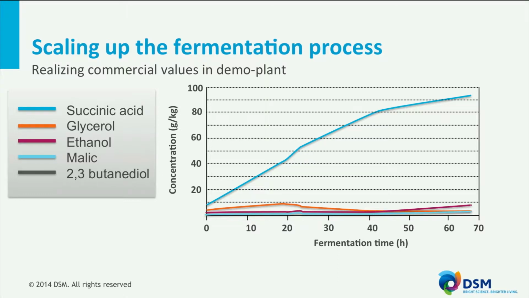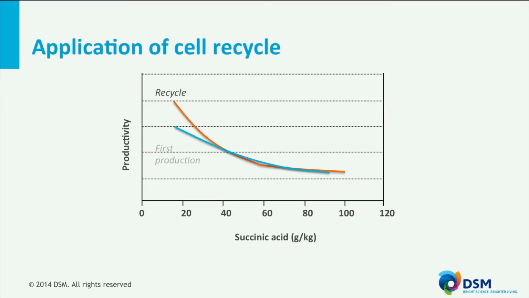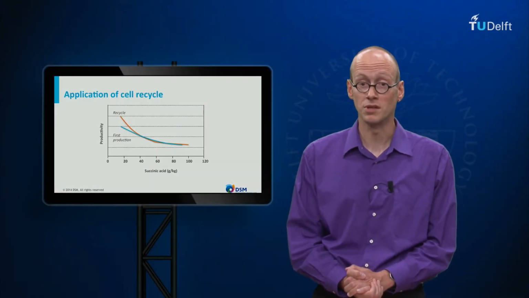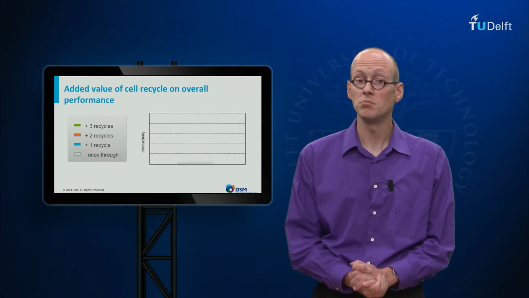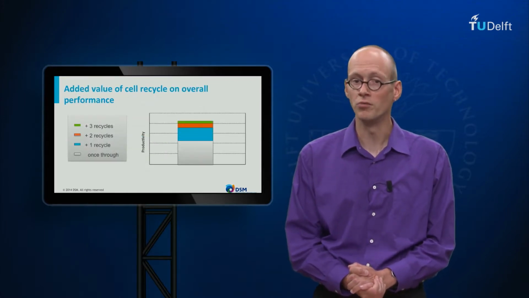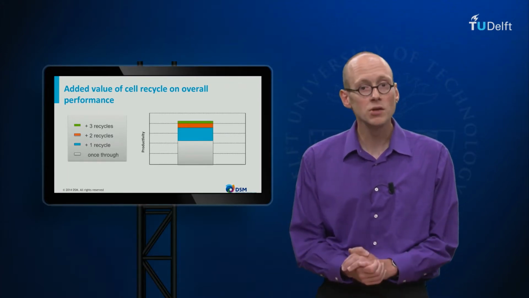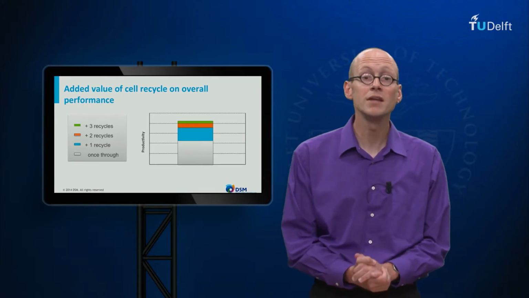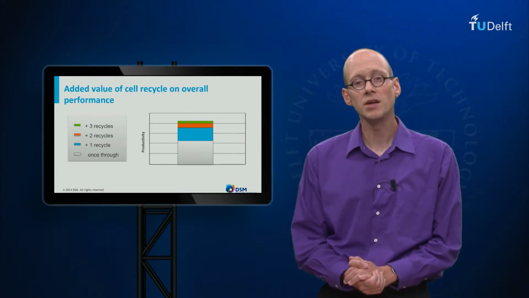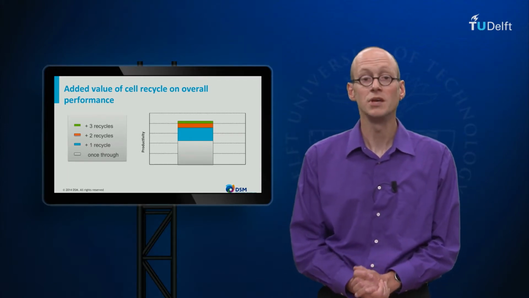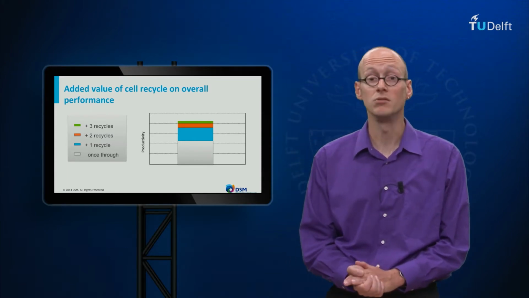We also looked at the feasibility of the application of cell recycle, as explained during the previous unit. This graph shows that the recycled yeast has a similar productivity as seen in the first fermentation. This was also seen after multiple recycles, which is very promising. So if we then quantify what the impact is of having multiple recycles on our overall performance, we can see that having the first recycle really gives the most added value. But we can also see that every extra recycle gives a lower additional improvement. This illustrated for us that we only need a limited amount of recycles to have the overall best performance, and with that also minimize the risk for contamination.